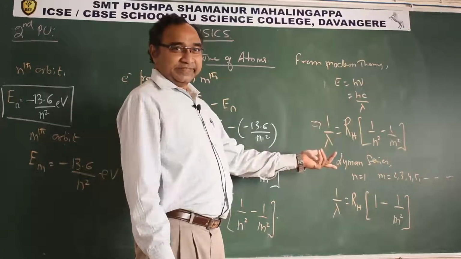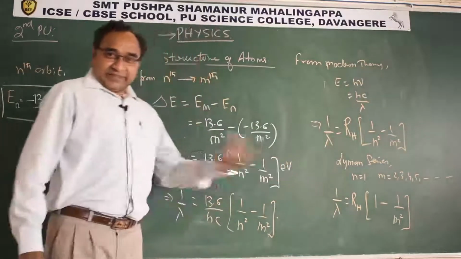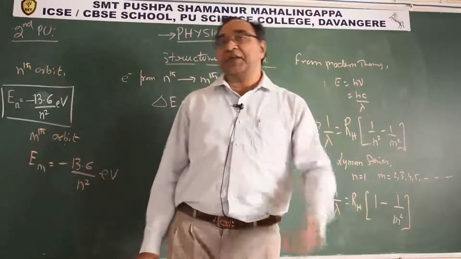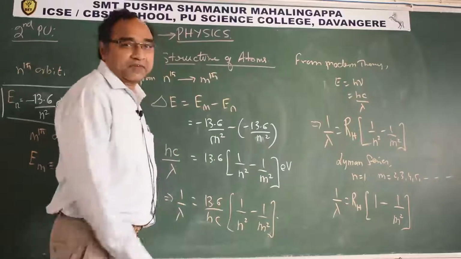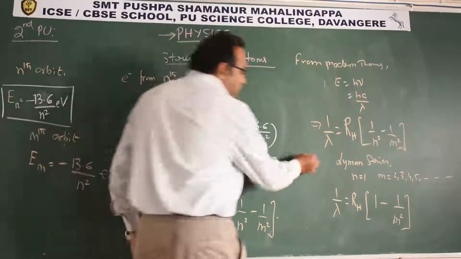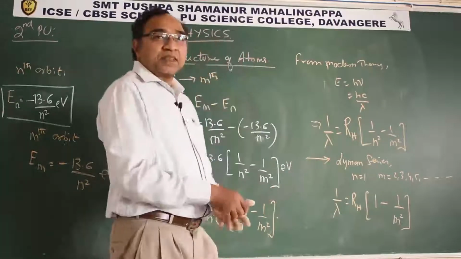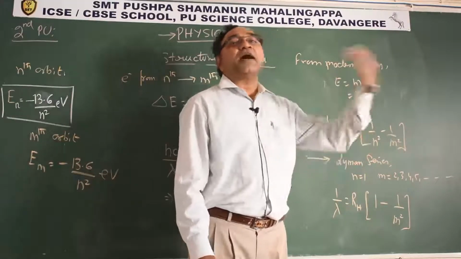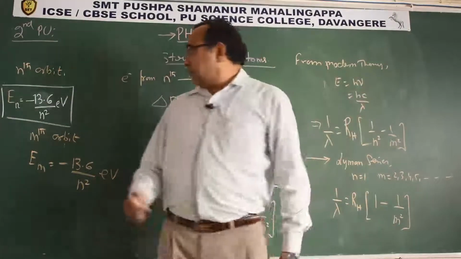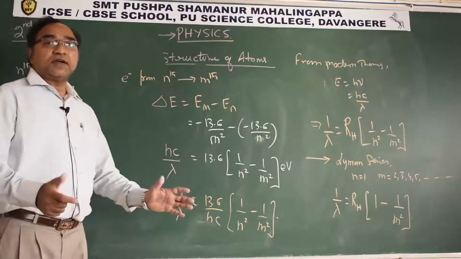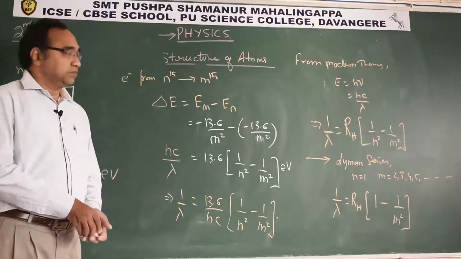That is what we must know, how to play around with the equation, students. Then only it is our skill, and that is exactly what is required. So this is the Lyman series. In the same way, if you want the Balmer series, in the Balmer series the electron jumps from a higher orbit to the second orbit. If you want to see exactly how it looks, what the diagram is, I will show you.